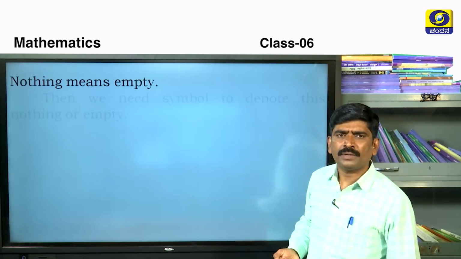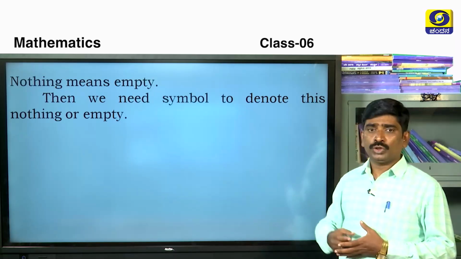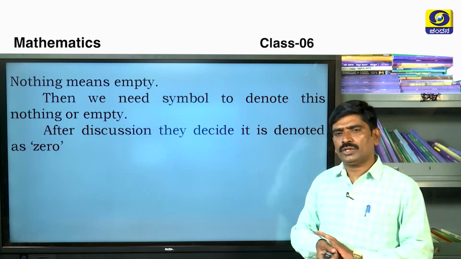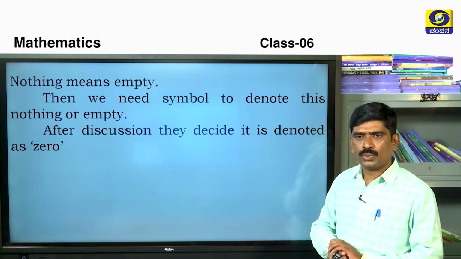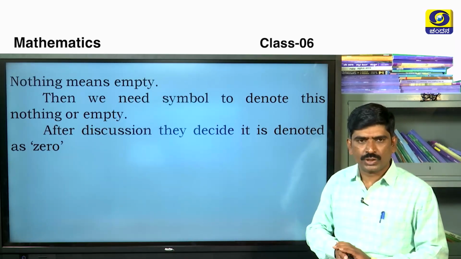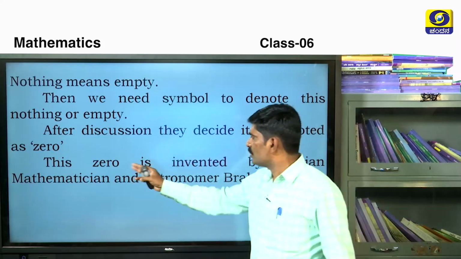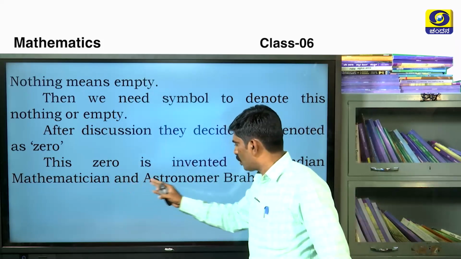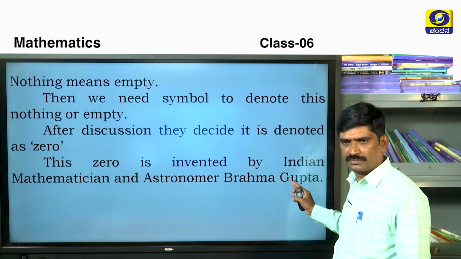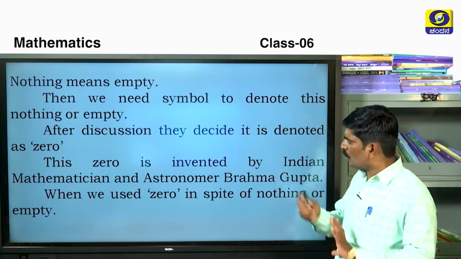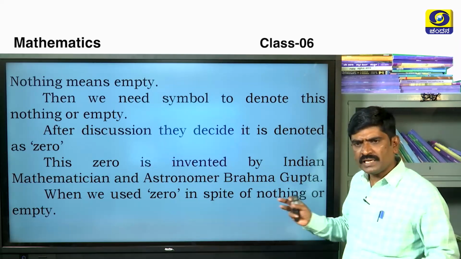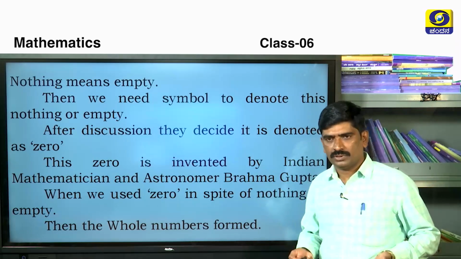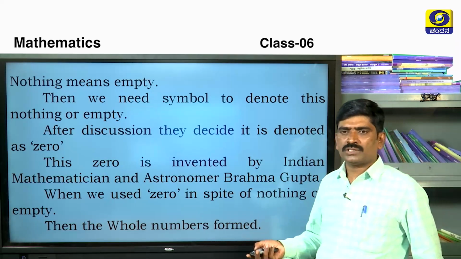Then we need a symbol to denote this nothing or empty. After discussion they decided it is denoted by 0. This 0 was invented by the Indian mathematician and astronomer Brahmagupta. When we use 0 in place of nothing or empty, then the whole numbers are formed. After natural numbers, whole